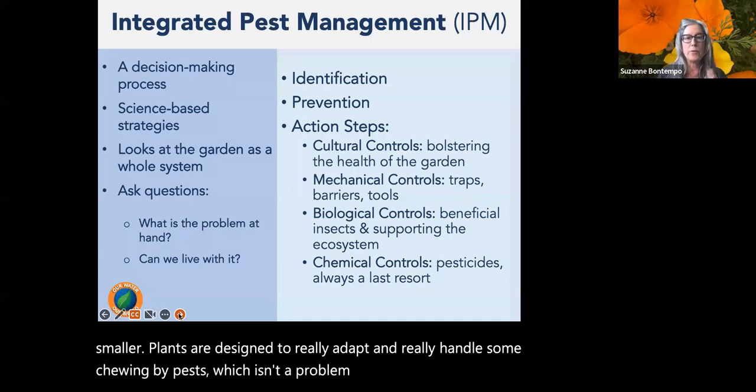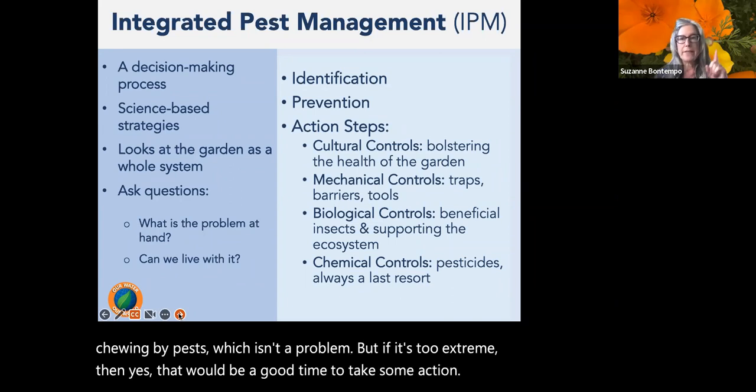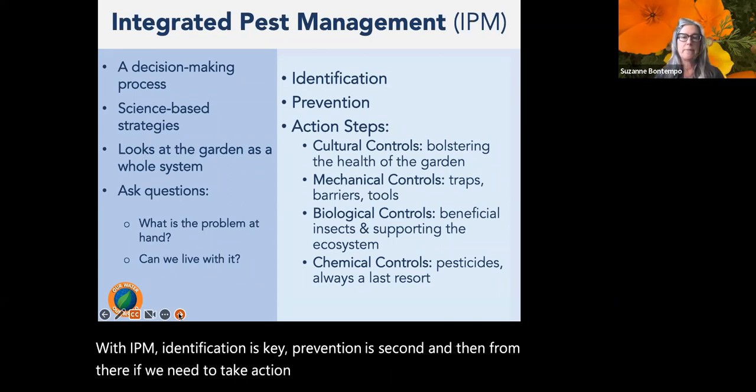But if it's too extreme, then yes, that would be a good time to take some action. With IPM, identification is key, prevention is second. And then from there, if we need to take action, the action steps in IPM are called controls: cultural controls,